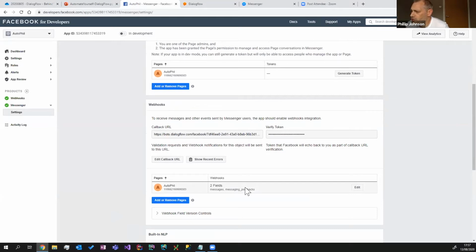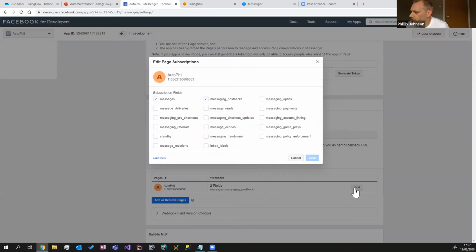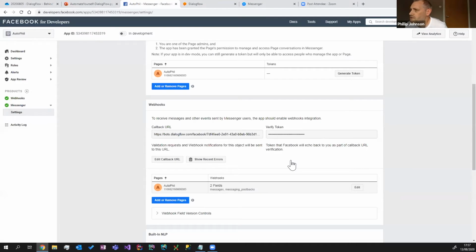One other thing that you need to do is, for the webhook, you need to have two subscriptions going. You've got to have messages and messaging postbacks, so that in Facebook Messenger we can have the messages coming in, and we can subscribe to the messages that are coming out. So that's pretty much it for Facebook Messenger. That's all we have to do. What I'll show you before we actually get into